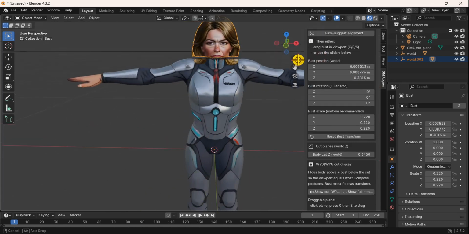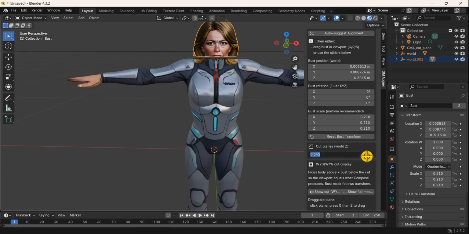Let's raise the head a bit, and it needs to be a bit smaller, I guess. 0.21. 0.2,